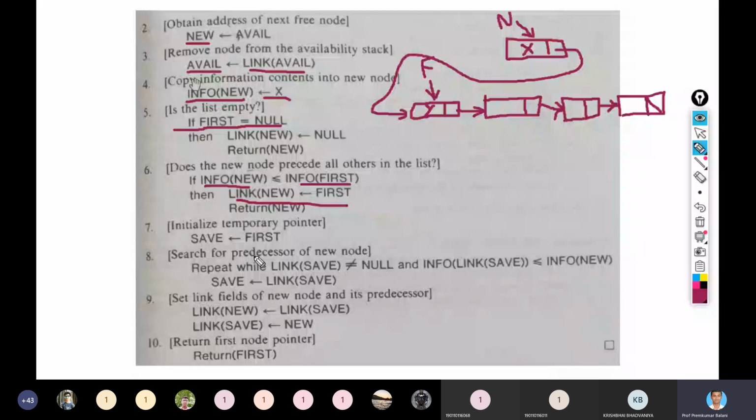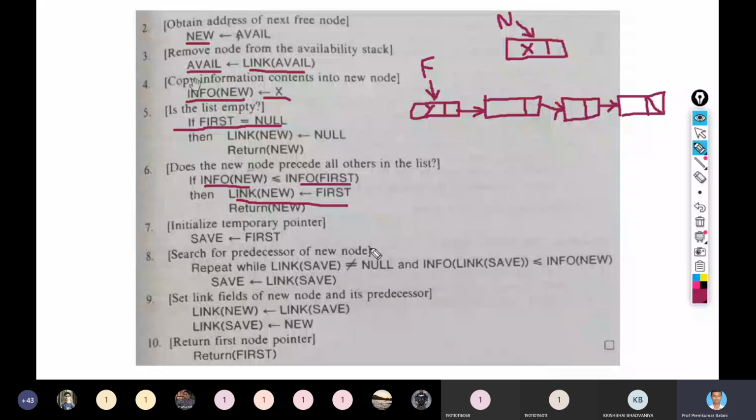Now suppose that is also not the case, and the information part of the new node is not less than the information part of the first node in the linked list. In that case, we have to traverse the linked list. I will have to find the node where my new node can be inserted.